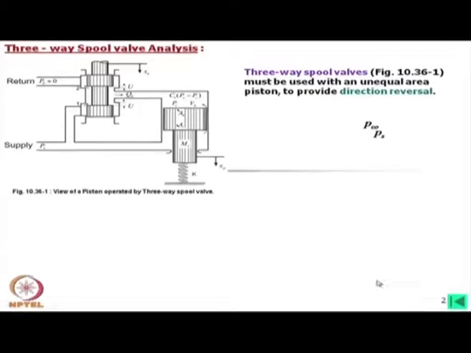Now, the figure 10.361, this is figure 1, it shows the three-way spool valve, and this must be used with an unequal area piston to provide directional reversal. Now, what is three-way valve? We know what is four-way valve,